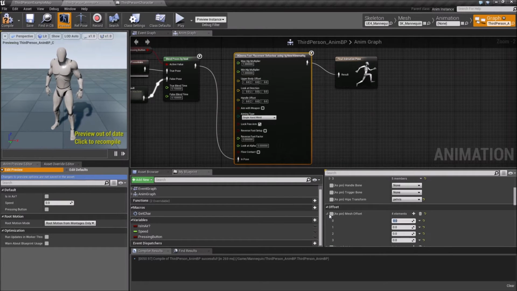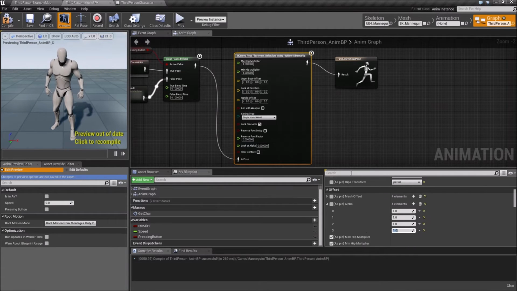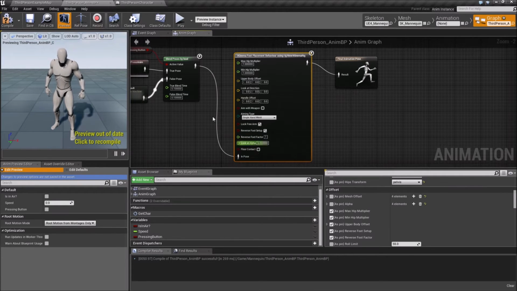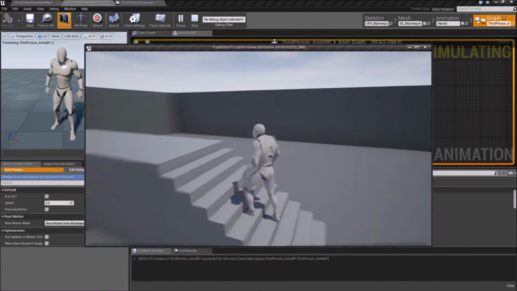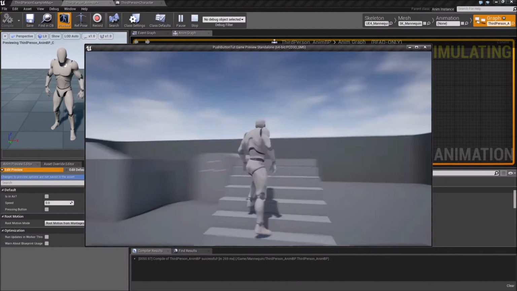And just going to set the offset, well, the offset is going to be 0 for now, but the alphas is just going to be 1 all the time. But basically what you can do here is to turn this functionality on and off by changing the pin connections up here. And then you want to set the reverse setup, foot setup, and set this to a 1. Reverse foot vector, and that's actually all you need to do to get this foot placement to work at a